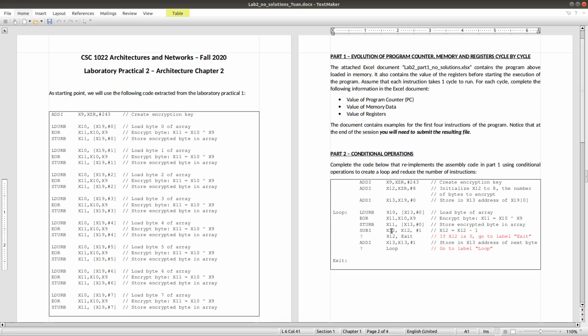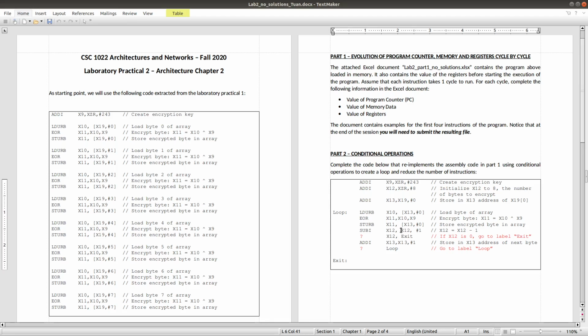For that purpose, we will reduce the number in x12, which is 8 for 8 data, by 1. So we will subtract with immediate for x12 and then #1.